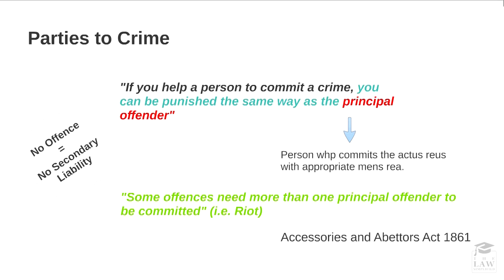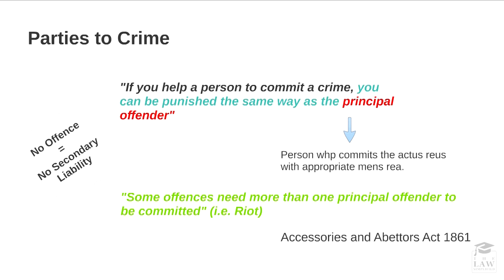However, we must consider, on the one hand, that where there is no offense, there cannot be secondary liability, and that if you help a person to commit a crime in some way, shape, or form, you can be punished the same way as the principal offender himself. And by principal offender, what I mean is a person who commits the actual actus reus with the appropriate mens